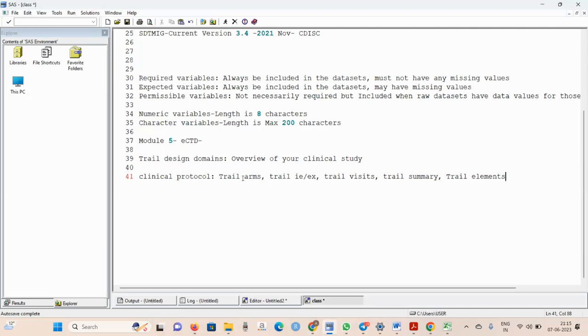In the trial arms, you will have information on the planned arms. The planned arms and the actual arms are different. Here, arm means the treatment, the treatment group, like the drugs and how you treat. So we have a planned arm and an actual arm. When you're writing the protocol, for one subject you're going to